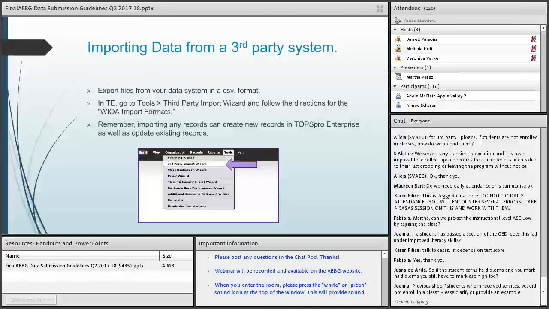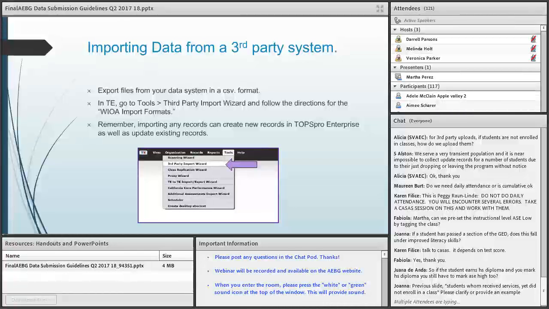Let's see, importing the data from a third-party system. Under the Tools menu, we have a third-party import wizard, and just make sure that you have your CSV file from your attendance system, whichever you have, and go to the Tools menu, and then click on the third-party import wizard, and just follow the directions on the wizard, doing the WIOA import formats. You're going to see two different options, the old WIA and the new WIOA import formats.